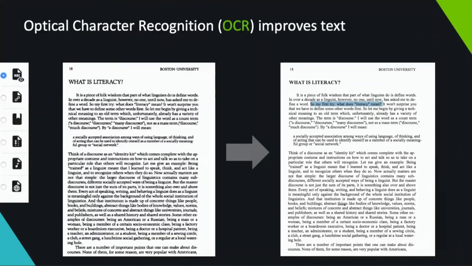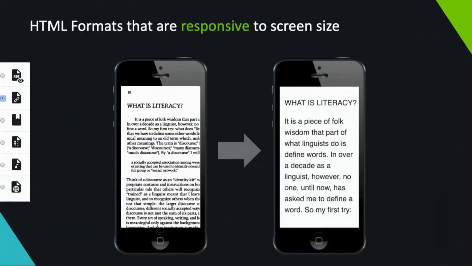Now the student wants to read that PDF on their phone. Not a great experience, the PDF on the phone, right? You're pinching, you're zooming, you're sliding around. It's a really distracting experience. It's not going to help that student much with their comprehension and their engagement. You can get an HTML format from Ally. It's going to be totally responsive to the phone, so whatever screen size you're on, you can zoom in on it really close, have a nice clean reading experience.